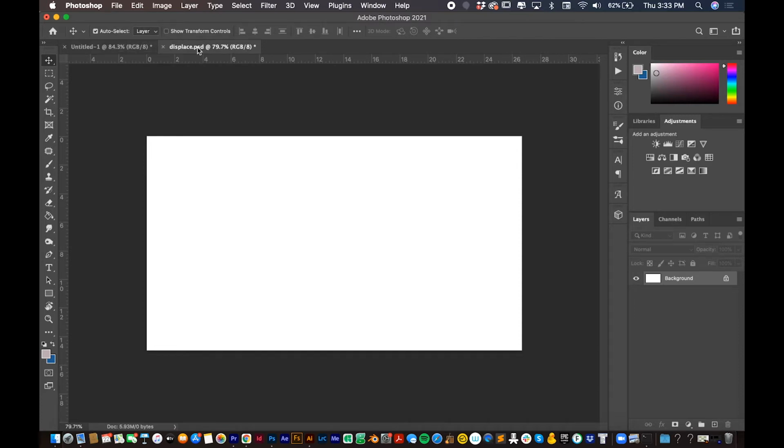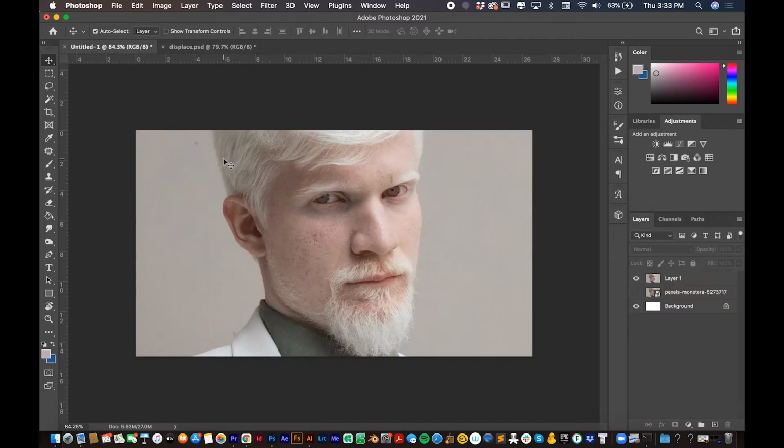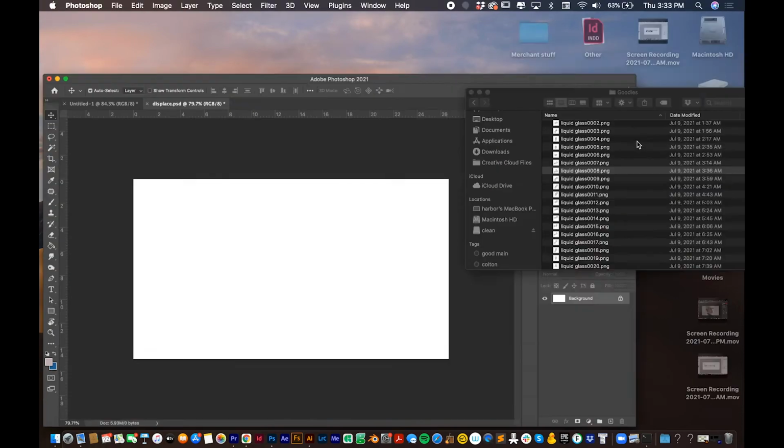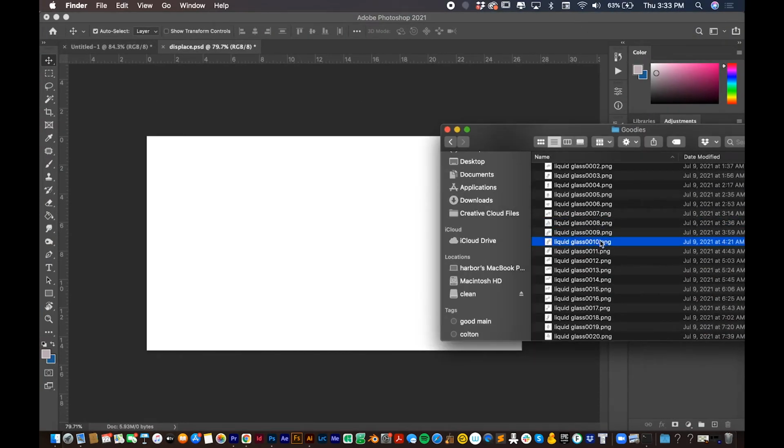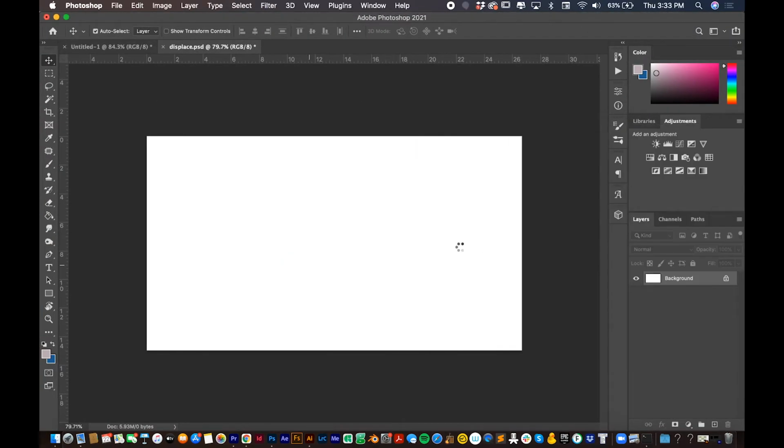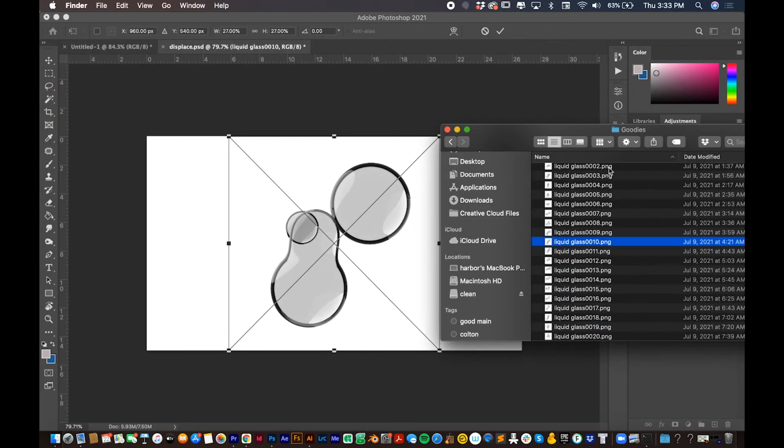So make sure you save this file in a place you'll remember where to retrieve it. So now that I have my photo in the first file, in the second file, I'm going to navigate to where I put the liquid texture pack, and I'm just going to drag a couple of these into the Photoshop file. One there, one, okay,